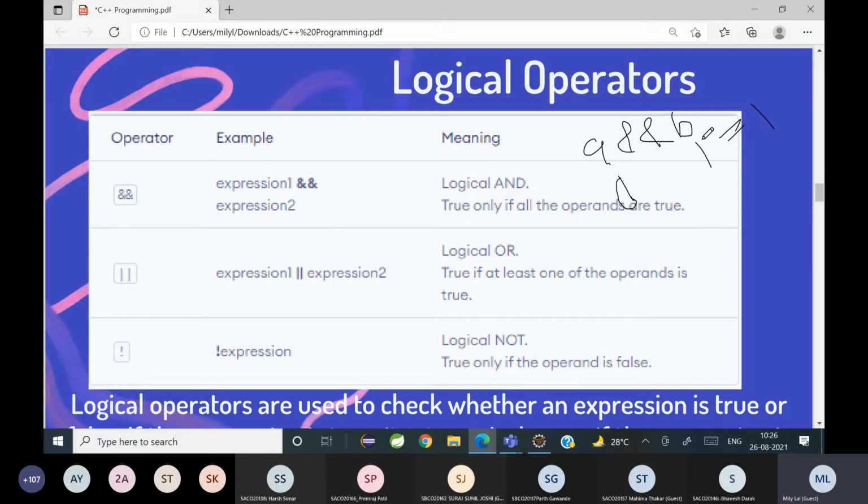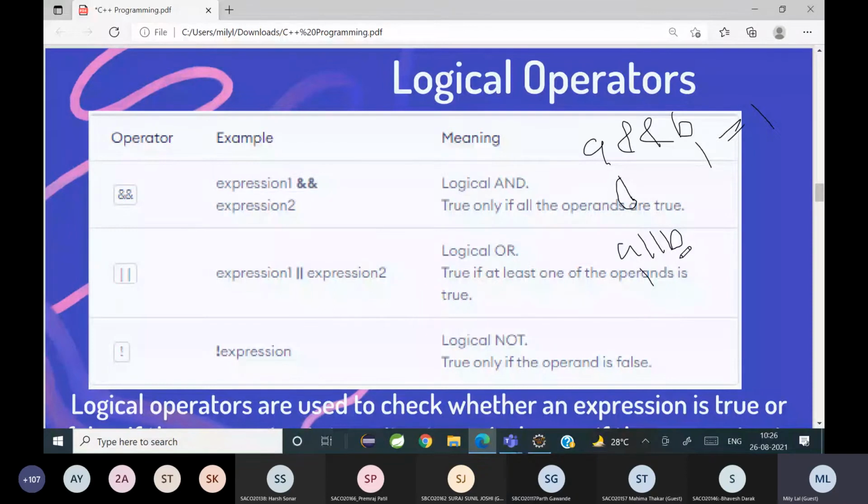Similarly, in the case of an OR symbol, OR symbol is two pipe symbols together. So OR symbol कैसे लिखते हैं? A and it's called a pipe symbol. Okay, A और B, मतलब अगर A वैल्यू 1 है and B वैल्यू 0 है तो आउटपुट क्या होगा? 1.